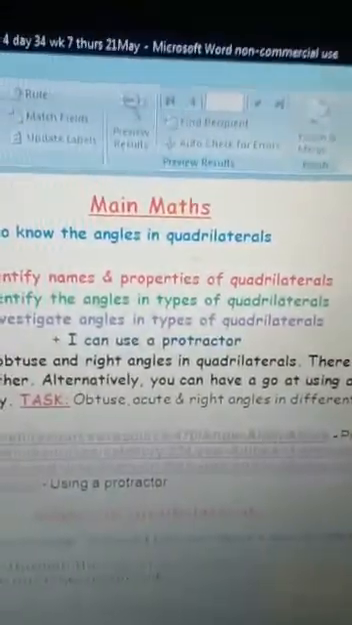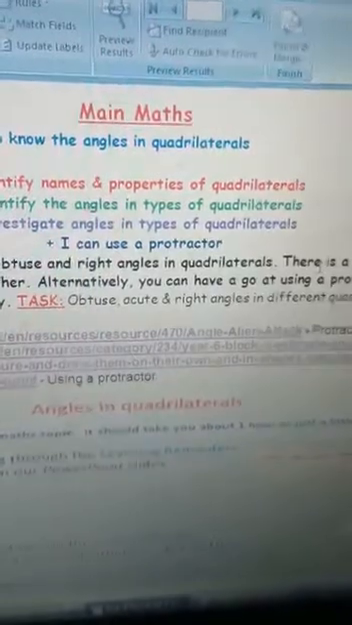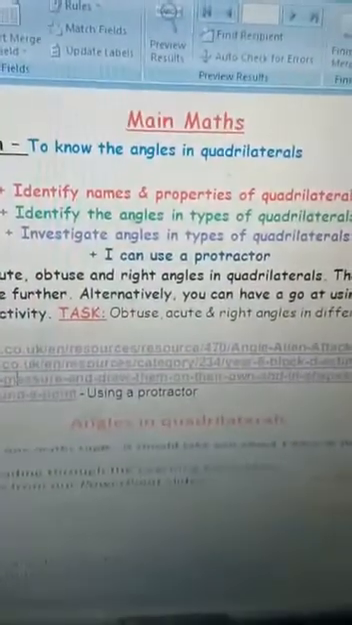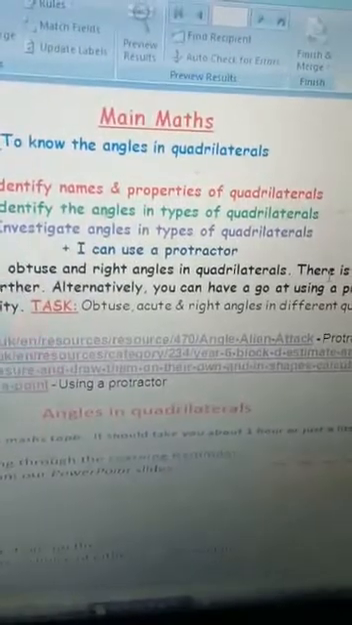In the main activity, we're going to know the angles in quadrilaterals. Yesterday we looked at angles in triangles. So we're going to identify the names and properties of quadrilaterals. We've done this earlier in the year. Going to identify the angles in types of quadrilaterals, investigate angles in types of quadrilaterals,